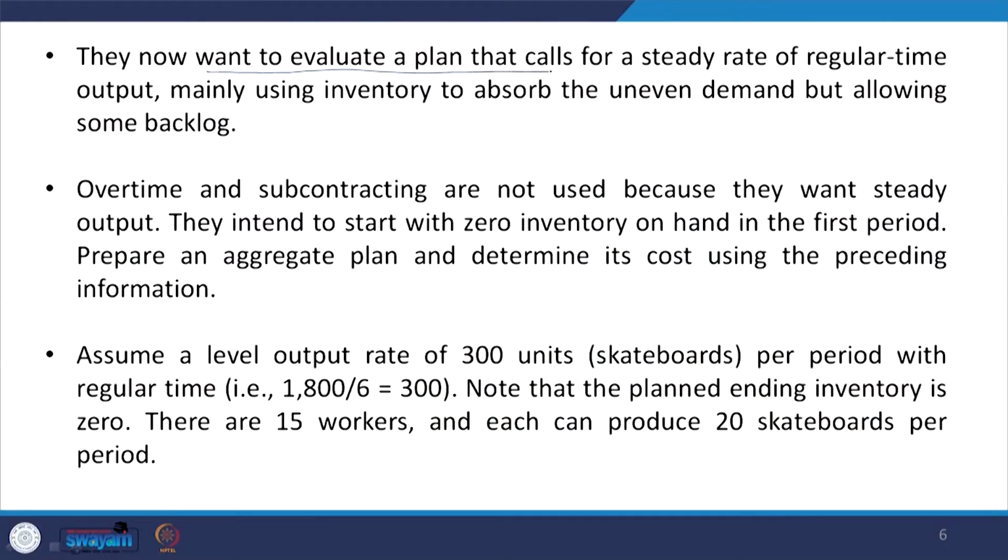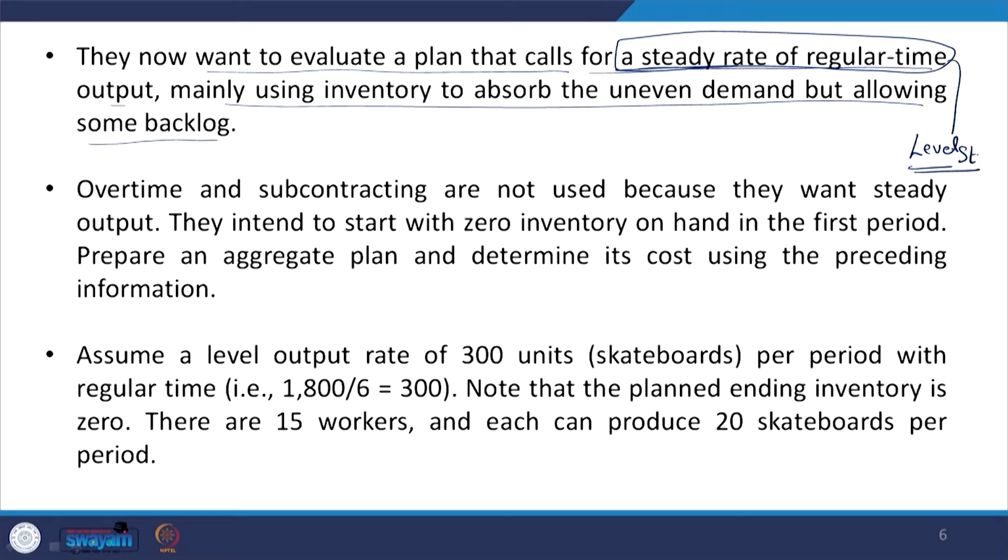Now, we can use different types of strategies. Let us see, what can we do? They now want to evaluate a plan that calls for a steady rate of regular time output, mainly using inventory to absorb the uneven demand, but allowing some backlog. Now, we want to have a level strategy. This is steady rate regular time output. So, this is the level strategy,